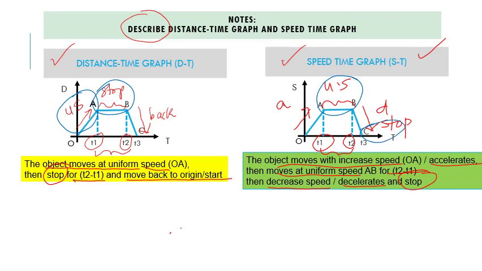And then you can find the distance. For the distance time graph, you can find the distance from the graph. You can just have a look and then you know what the distance is. But for the speed time graph,